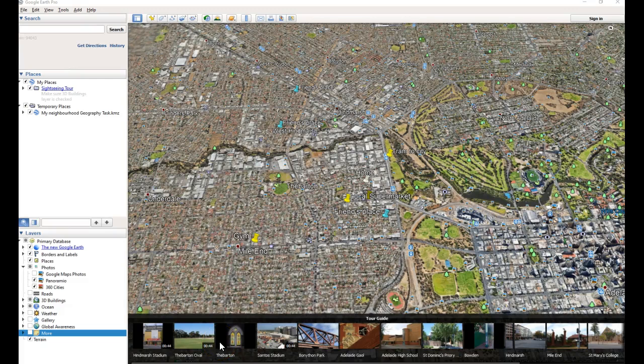Hi there everyone. This video is designed to show you some of the features of Google Earth which you will be using to create a map for your geography task. For those of you who are very new to Google Earth, there are just a few basic features you need